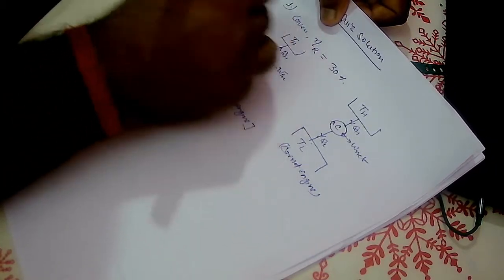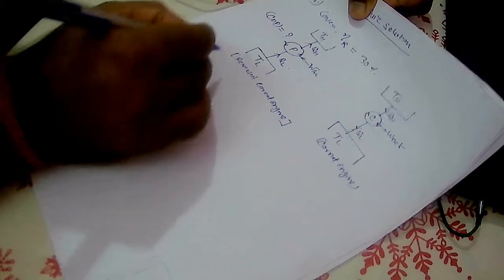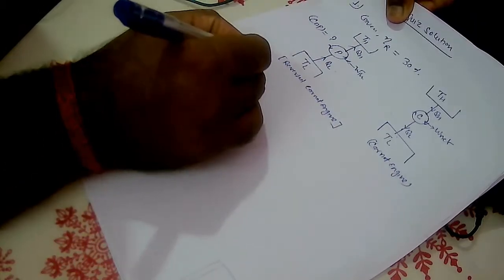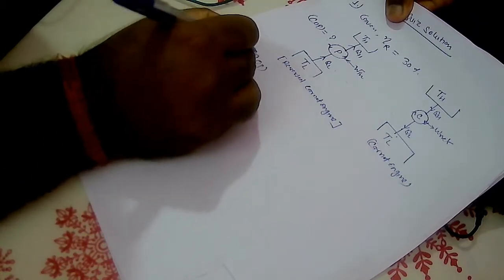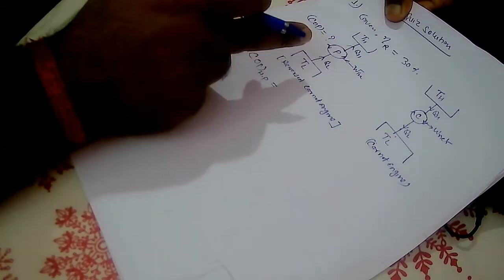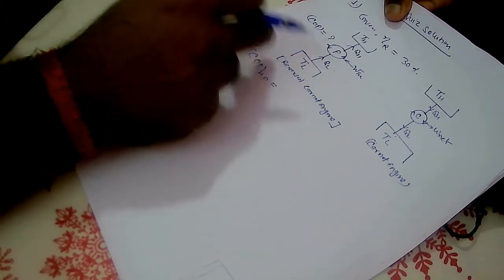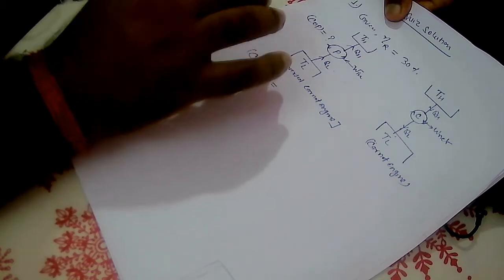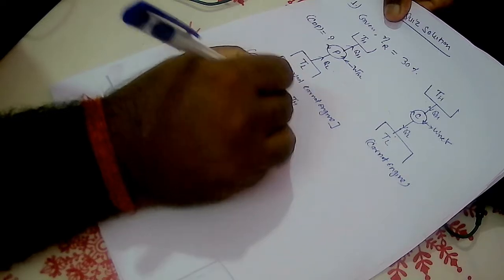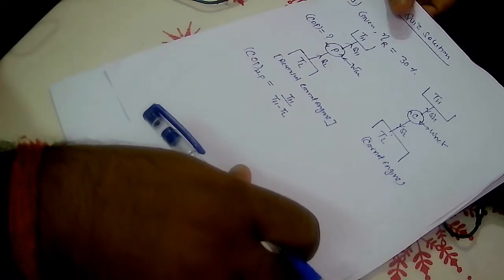It has been asked what the coefficient of performance of it is, which we need to calculate. So how to do so? The coefficient of performance, COP of the heat pump, is for a reversible cycle. It is working on the Carnot cycle, so it is reversible, and the effectiveness of the pump will depend only on the initial and final temperature of the cycle. So it is T higher divided by T higher minus T lower.